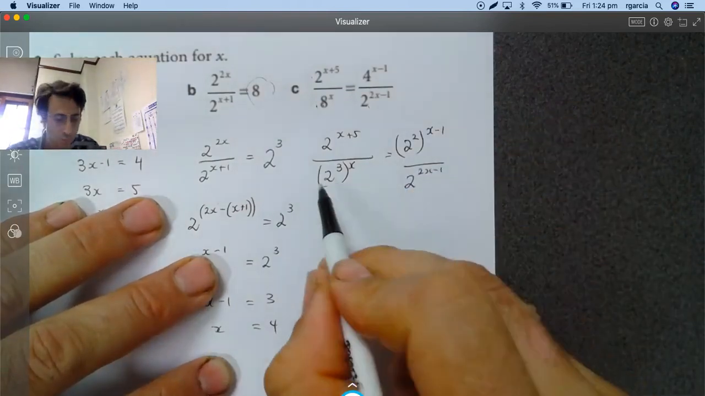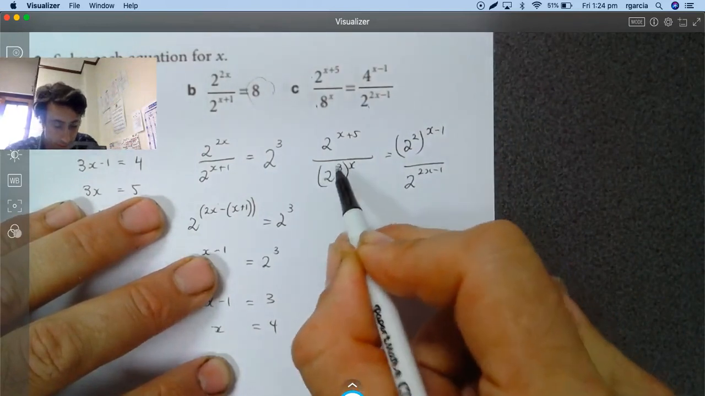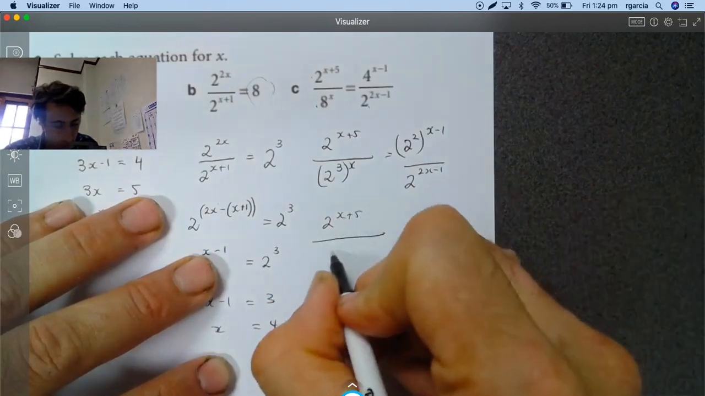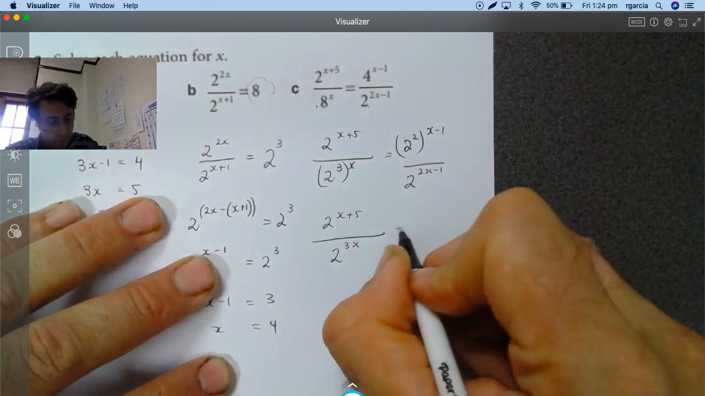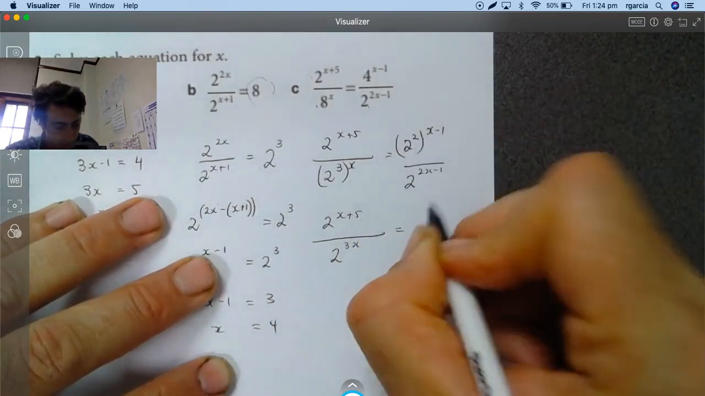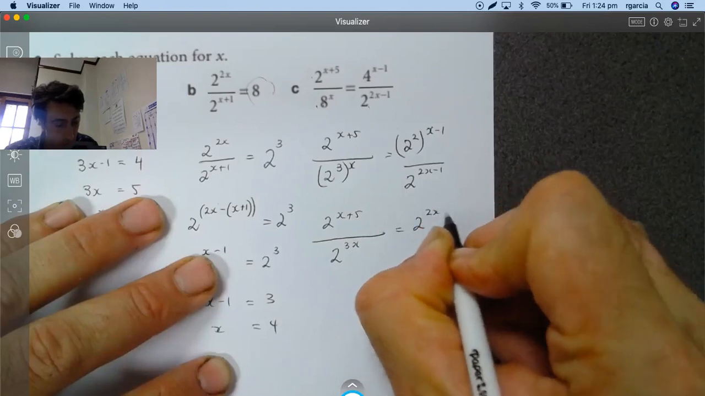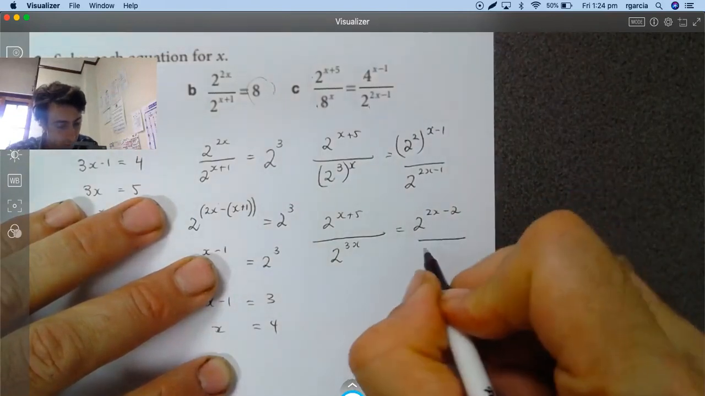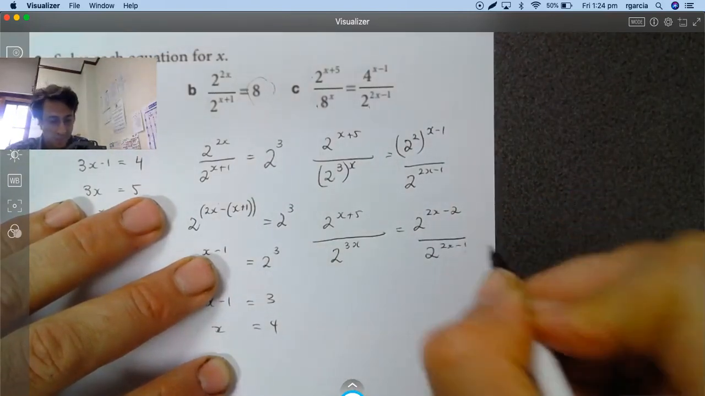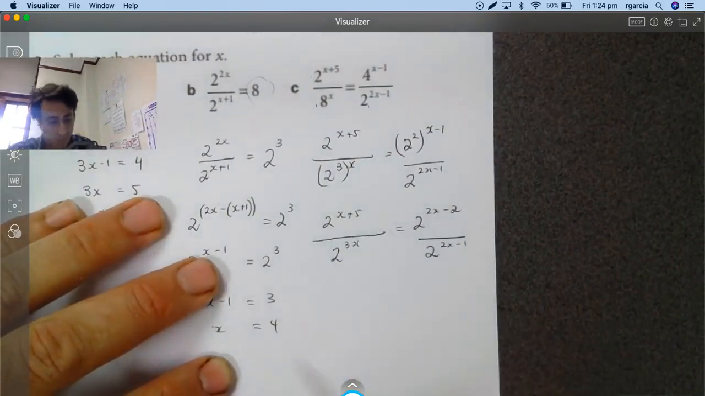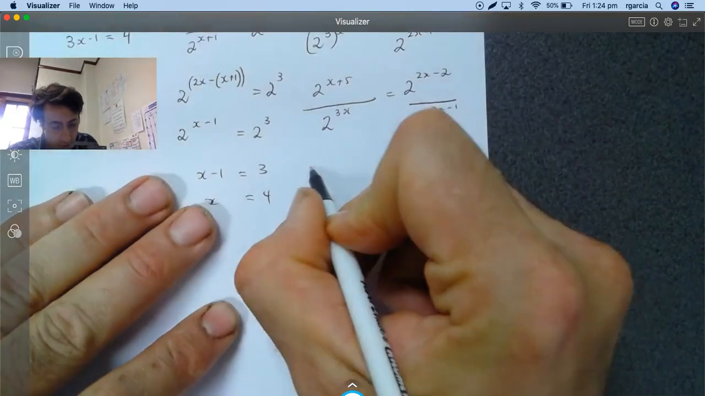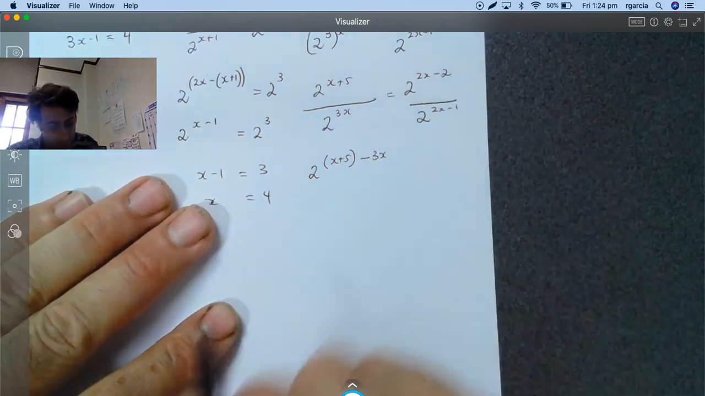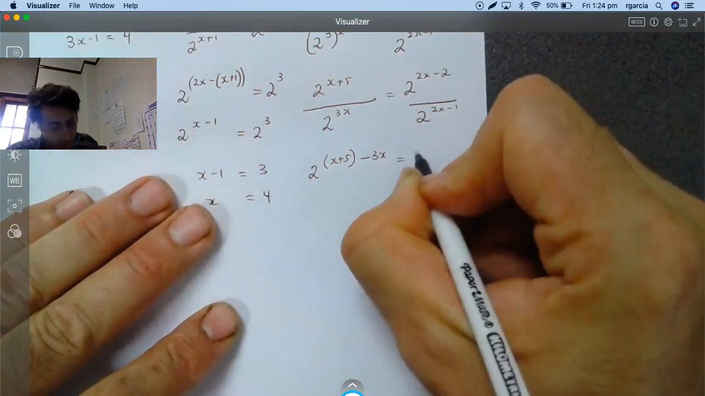Now, if we know our index laws, when we're dealing with brackets, that's just times. So we're going to rewrite this as 2 to the x plus 5 over 2 to the 3x. And this is 2 squared times x minus 1, so this will be 2 to the 2x minus 2 over 2 to the 2x minus 1. Now these are divisions again, so we can keep on simplifying. This is 2 to the x plus 5 minus 3x. And this is 2 to the 2x minus 2